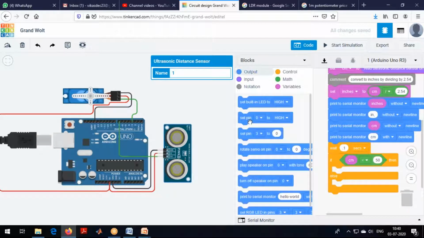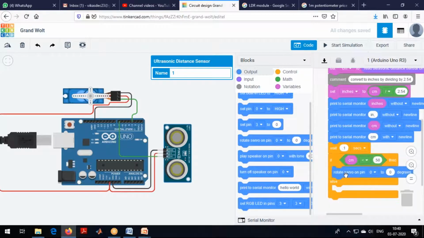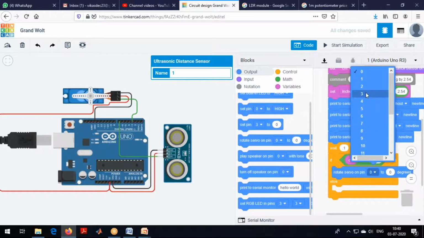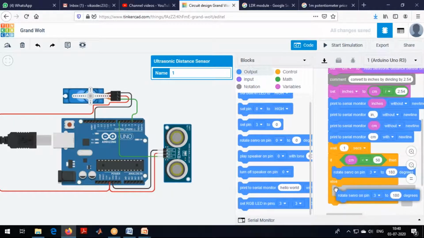Output servo. Let's check for servo, rotate servo. On which pin? Servo I have connected on third pin. So I'll take 3 to 90. Or even, you can go with 180, else it's 0.